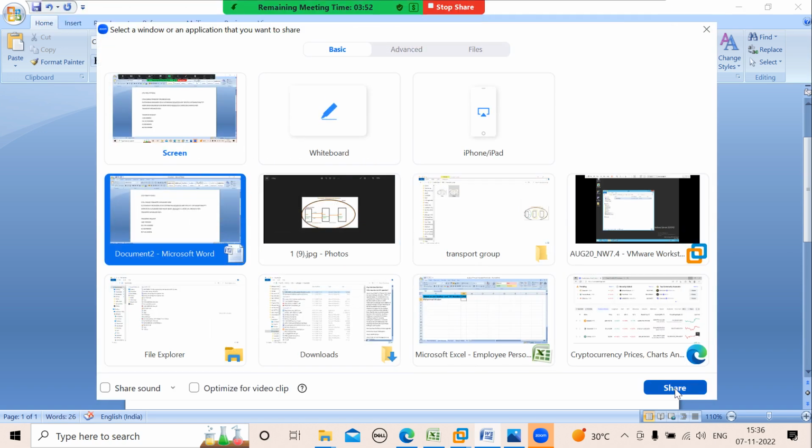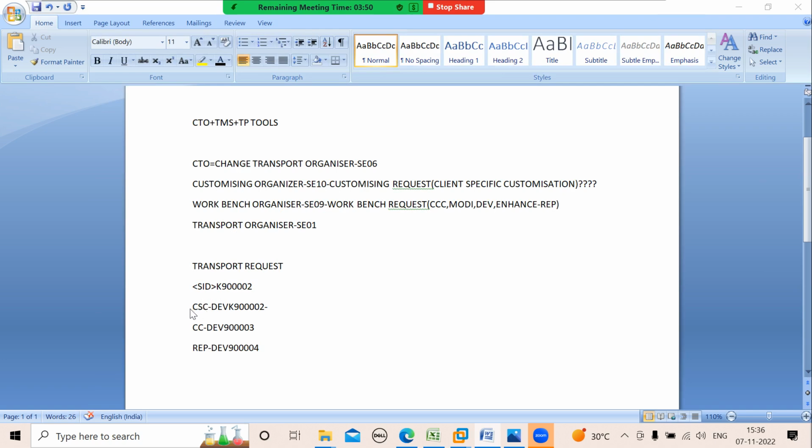Some customizing change request, client specific customization, right? I have changed some local setting. Immediately one transport request is generated. If I release that transport request, that change is at your database level. If I release that, what happens? It will come to USR SAP